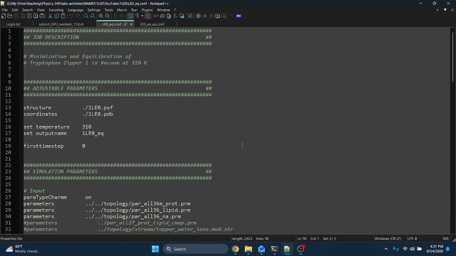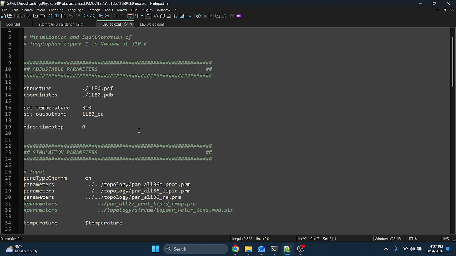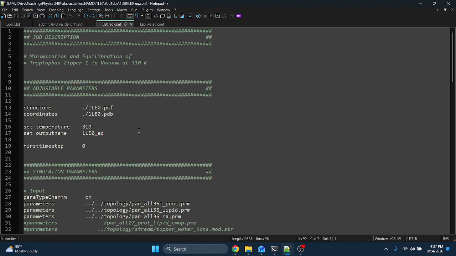You can do as many of these simulations as you want to do. I don't know how much sense it makes to simulate them without water, but I'll show you what that process looks like. We have configuration files that load in structures. This is going to be a really fast simulation. I'm not going to worry too much about warming the structure up. What you can do is a minimization first, and then you can ramp the temperature. If you were doing this for publication, you'd want to do things like that. But for a class activity, for the sake of speed, I think it's okay to just minimize the structure and